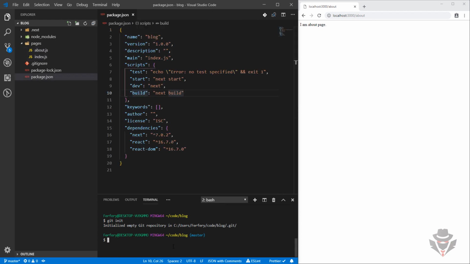In order to use ESLint, we need to add those packages in the dev dependencies. I'm going to add them with npm i -D. We need eslint. We need eslint-config-prettier. We need eslint-config